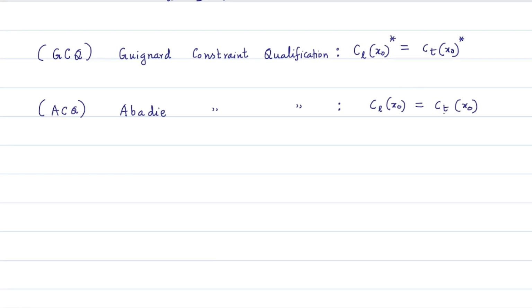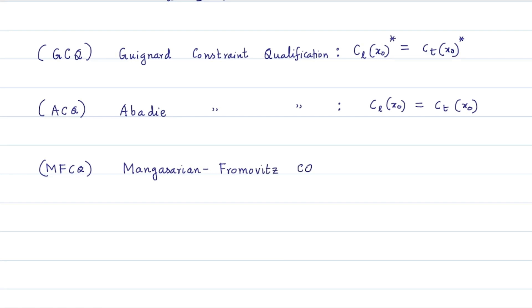And hence, if we assume that x bar is a local minimizer plus this Abadie constraint qualification instead of the Guignard constraint qualification is true, then also the point, the minimizer, this point x naught, is going to be a KKT point. I would also like to mention one of the famous constraint qualifications, that is the Mangasarian-Fromovitz constraint qualification,